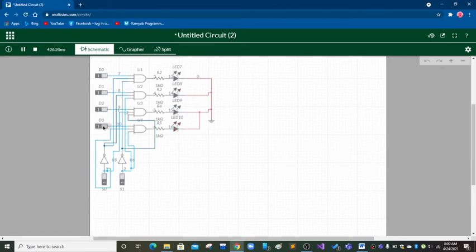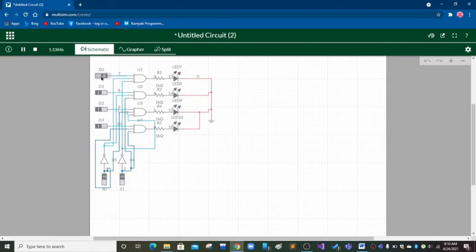You can see that when our switch S0 and S1 is 1, D3 is working, and when D3 is 0, the LED is off, and when D3 is 1, the LED is on. And for both S0 and S1 0, the D0 is working.